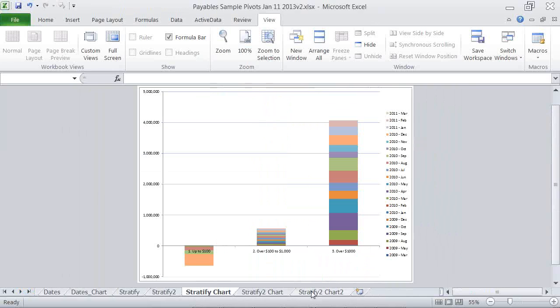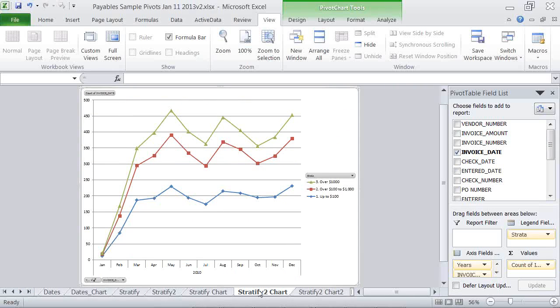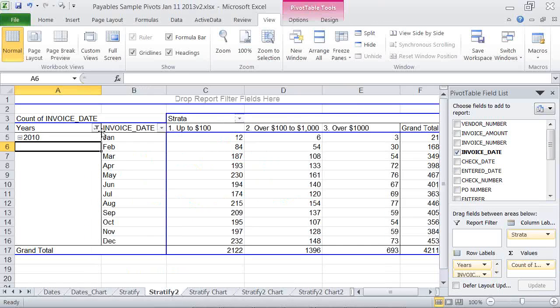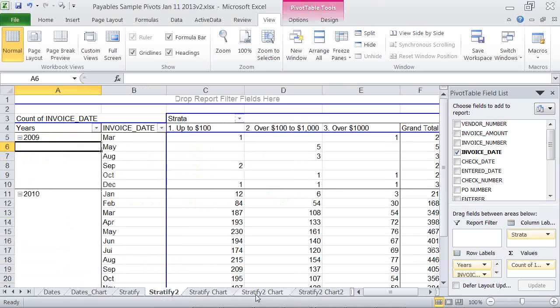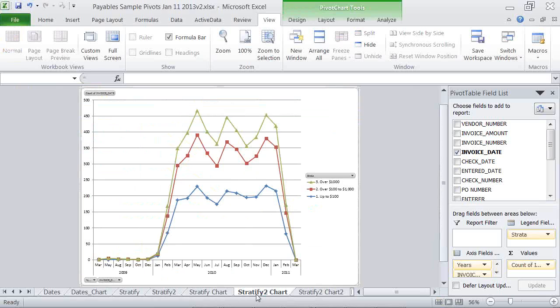But I think it's almost more useful, and this one, mind you, we filtered, so let me select everything and then go back to this. I think the line chart does a much better job. So it's almost like what's your option.